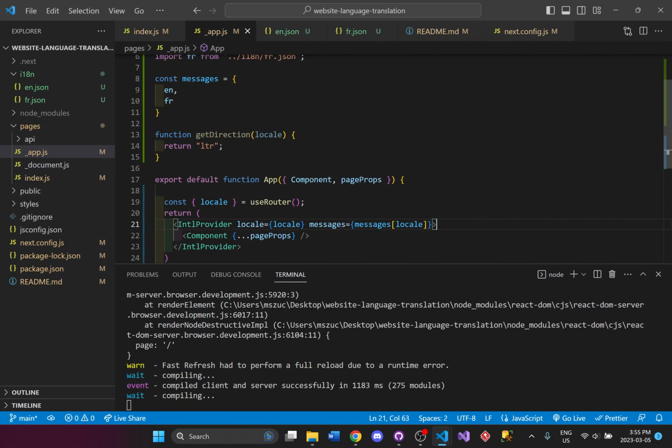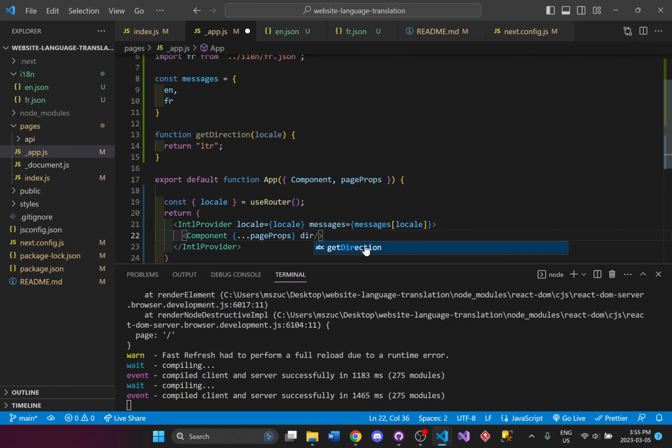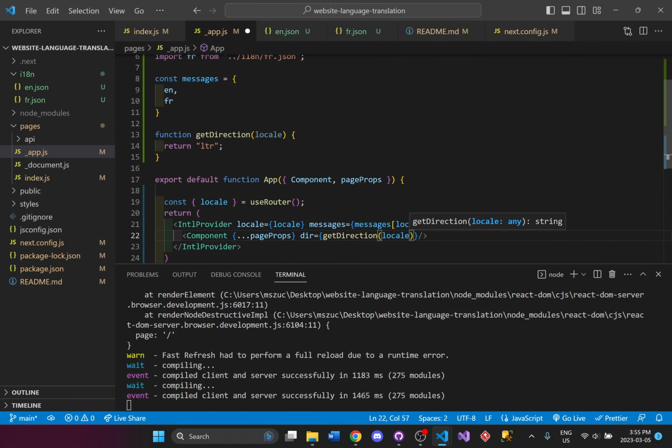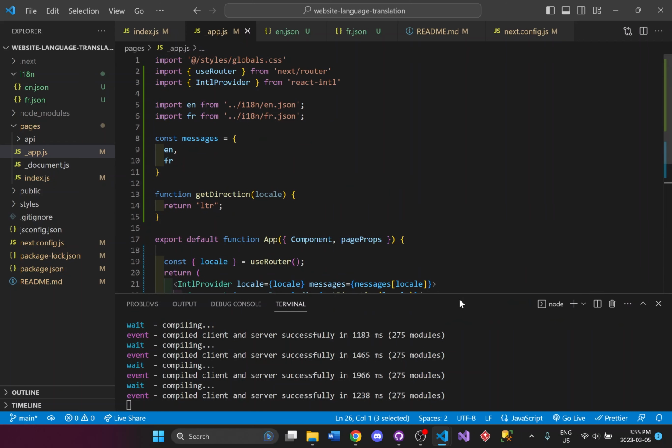And we're going to, based on the direction, we will get the direction. So this is just going to help with translating the language and just keeping it at that language no matter where the user navigates to.